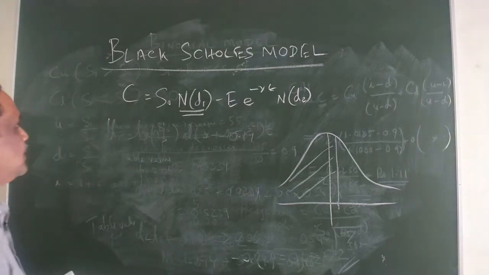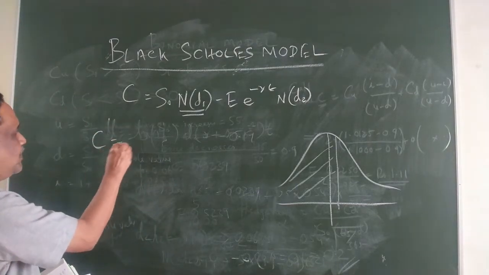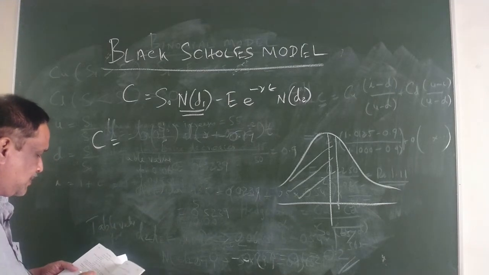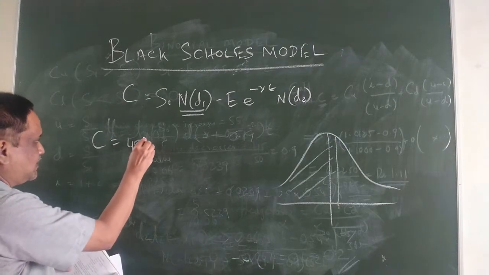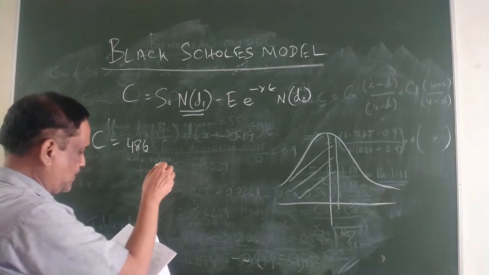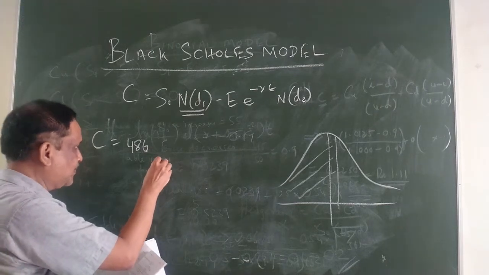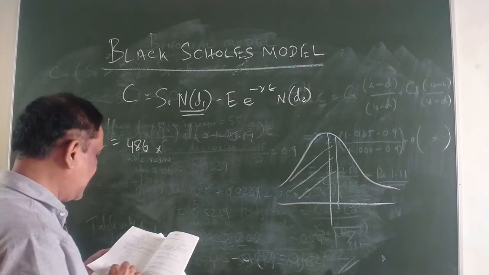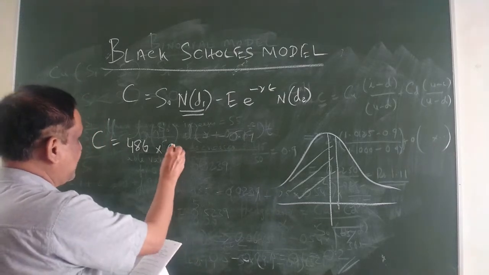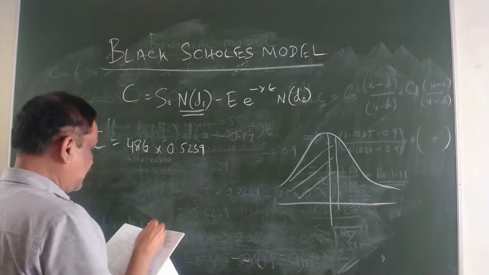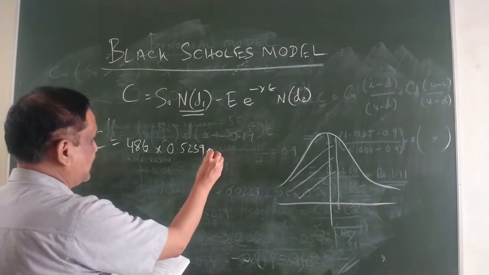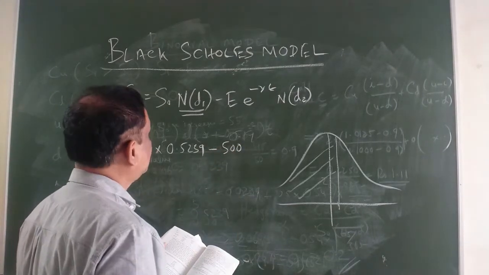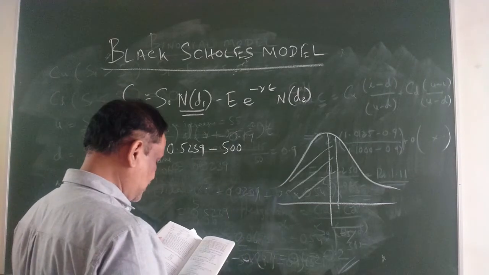So the call option value will be S naught, where S naught is 486, the current market price, multiplied by N of D1, the value we found to be 0.5239, minus the exercise price E, which is 500, into e power